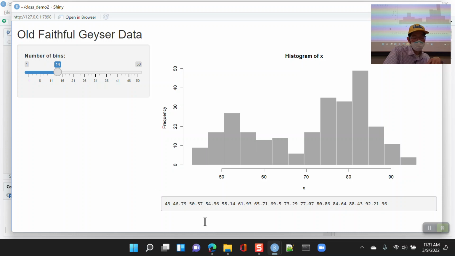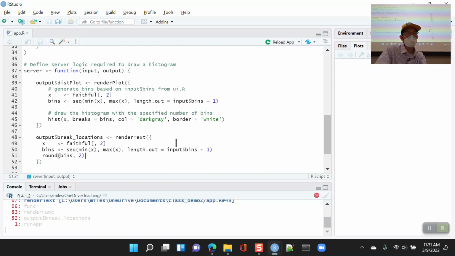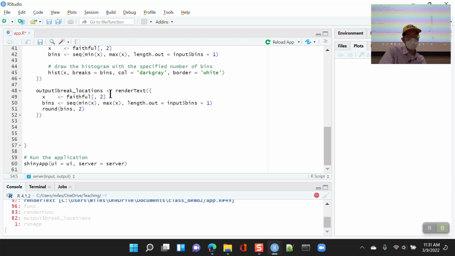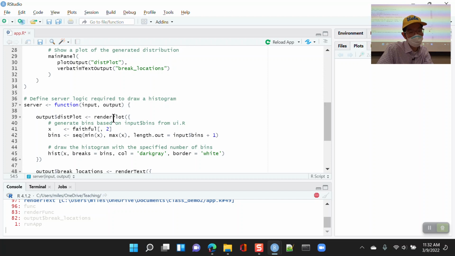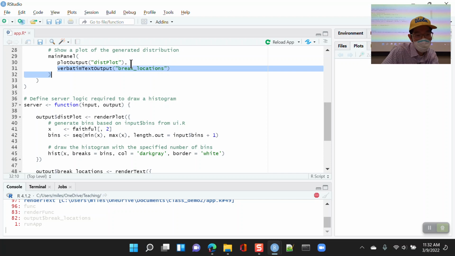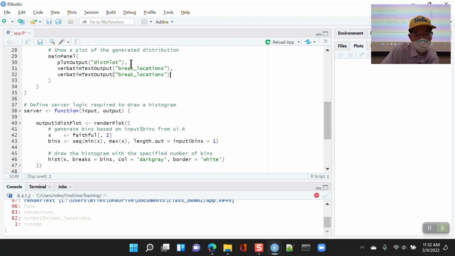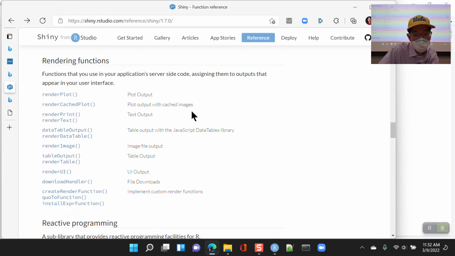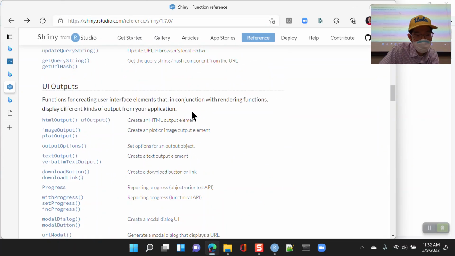Okay, so now this text is being output here. All right, is that okay? So the way we just added some stuff. If you wanted to, instead of render text, you could create a table. So instead of verbatim text output, actually, let's go to our reference, and as far as outputs go,